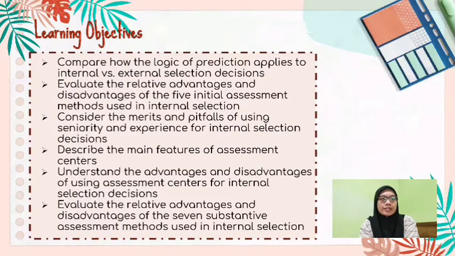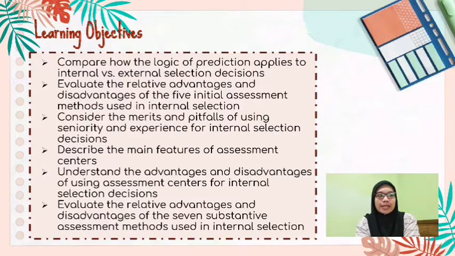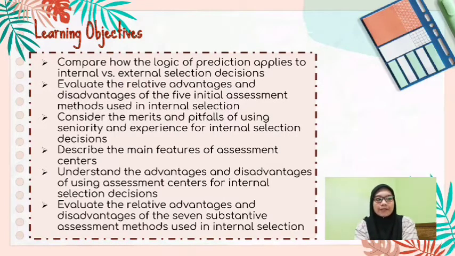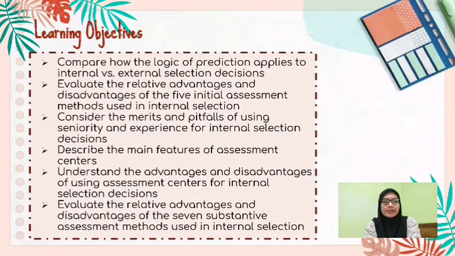Then, consider the merits and pitfalls of using seniority and experience for internal selection decisions. Furthermore, we can describe the main features of assessment centers. Moreover, understand the advantages and disadvantages of using assessment centers for internal selection decisions. And last but not least, evaluate the relative advantages and disadvantages of the 7 substantive assessment methods used in internal